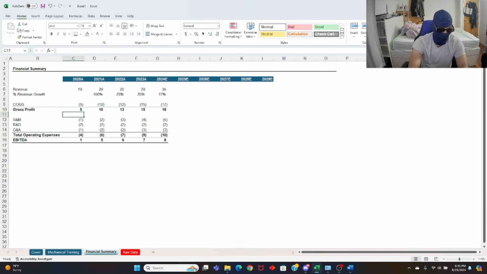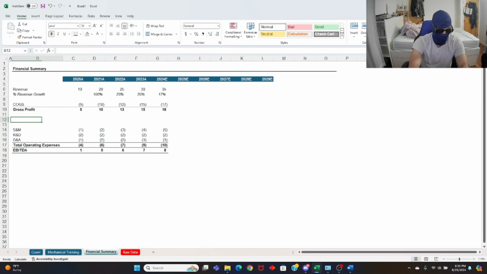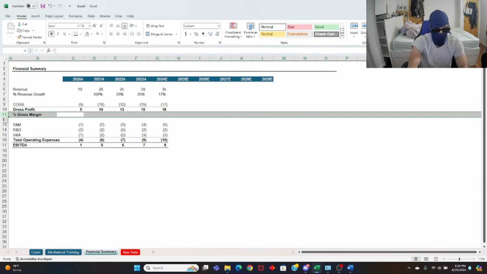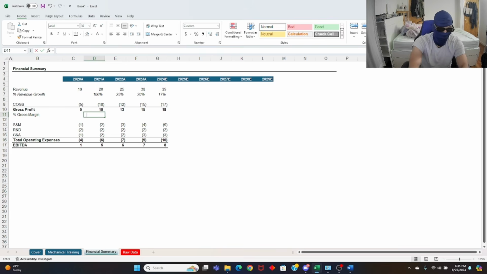Gross profit, same thing. Oops. Control Z, undo. Okay. Percentage, gross margin. We want to remove the bold, right? Because when you insert a new row, it carries the format of the row on top. Get rid of that. Alt EST. Paste out your formats. Now, same thing with your S&M, right? You're going to come here and you're going to do it as a percentage of revenue.